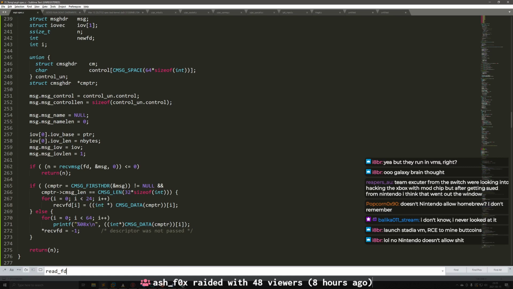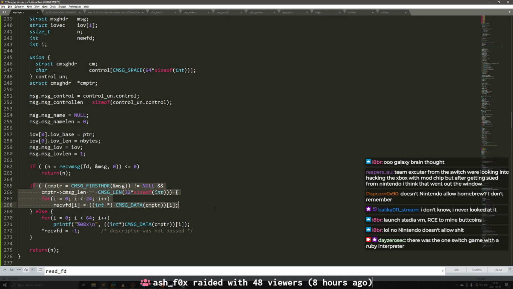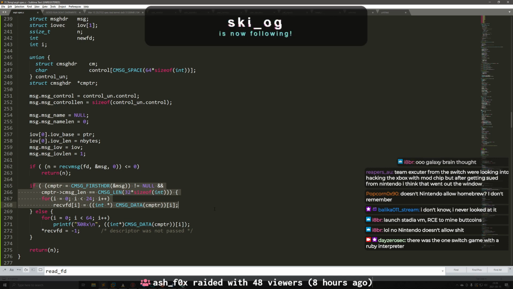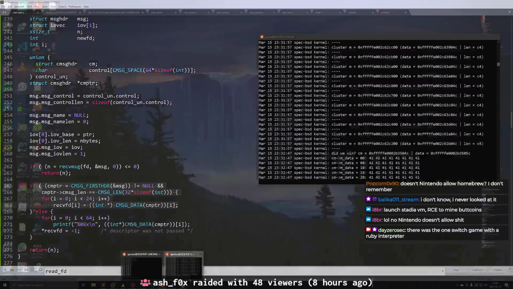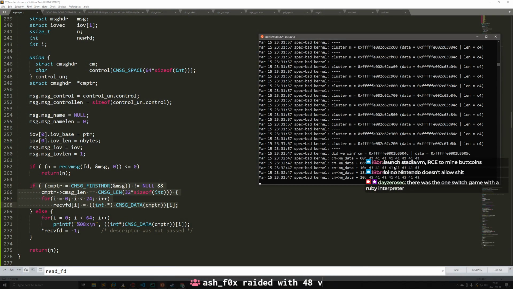So it'll receive it and it'll try to parse it using the CMSG_DATA macro. When it does that, because hex 41 is obviously not a valid pointer, it'll crash in userland. And when userland crashes, cleanups run, which means all the sockets that belong to that process end up getting cleaned up. And when the sockets get cleaned up, everything blows up.